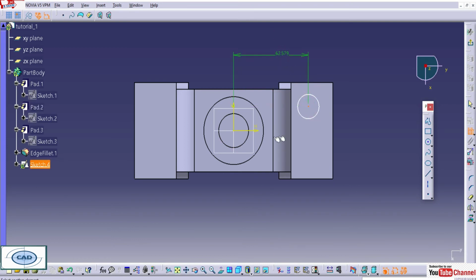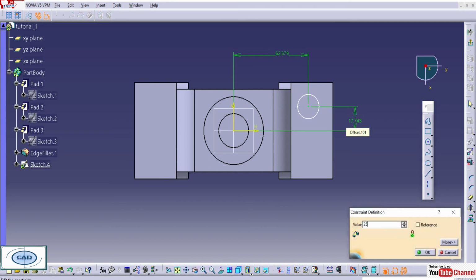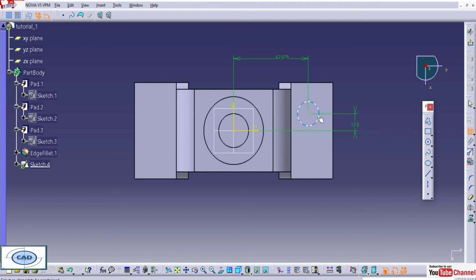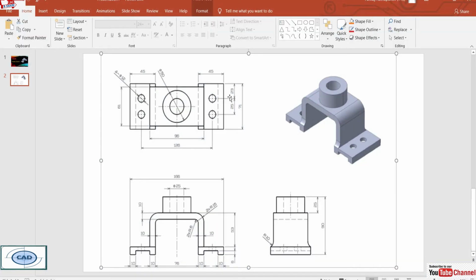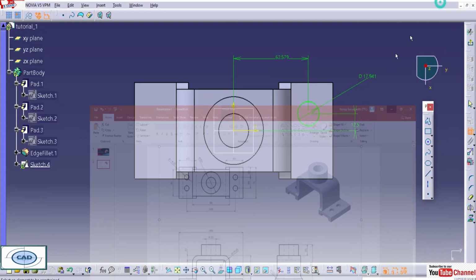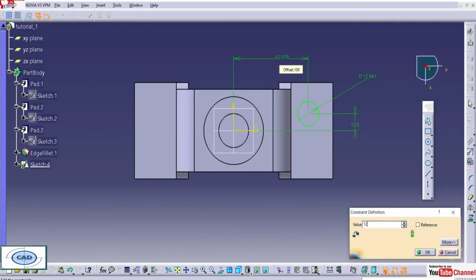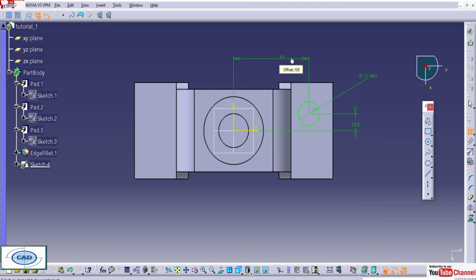So we'll put all the dimensions here. Once again we'll check. This is the 12 mm, this is the 25 mm, 125 mm. 125 divided by 2, 12.5, and diameter of it 12 mm.